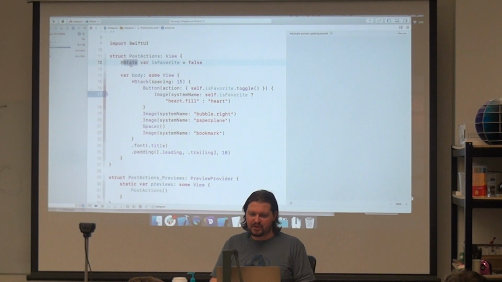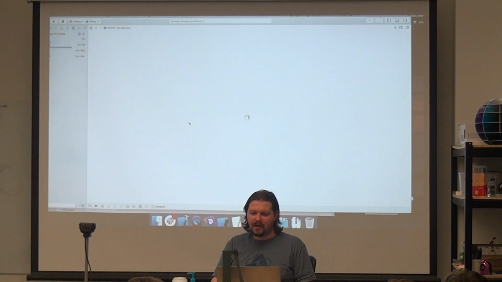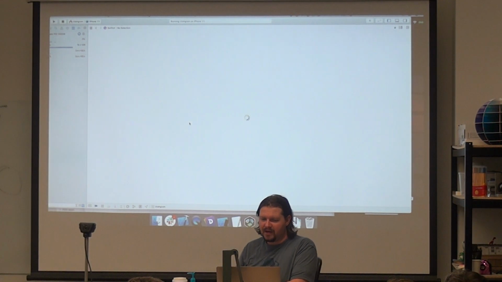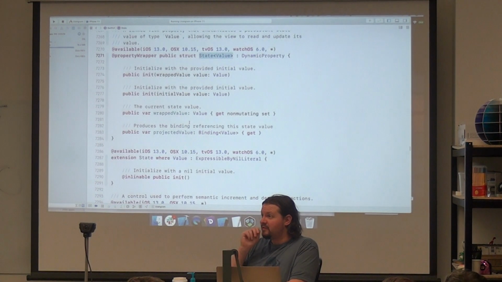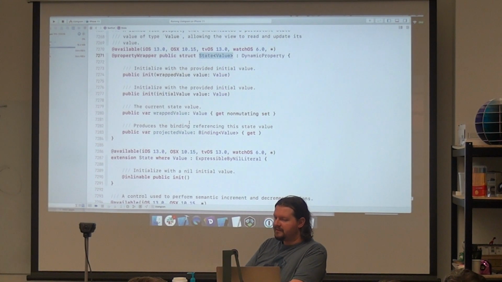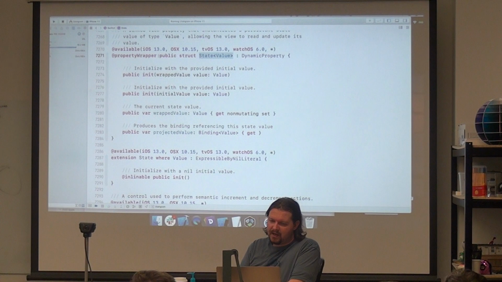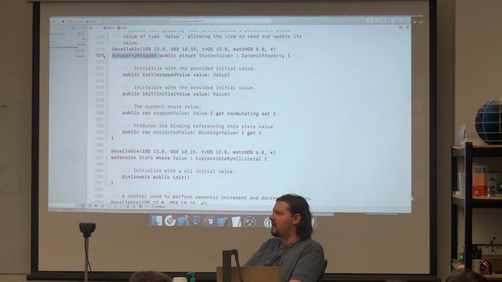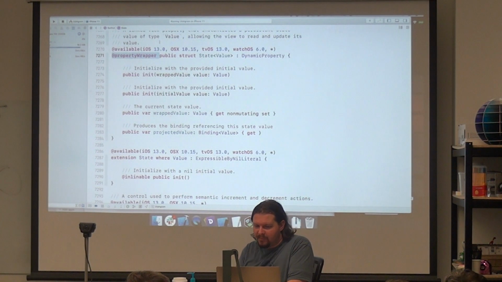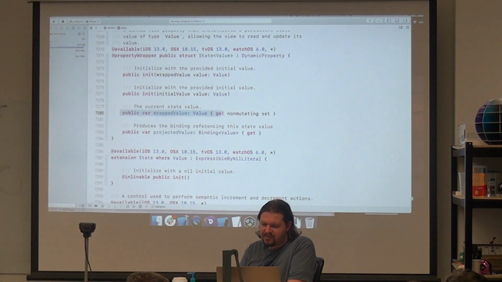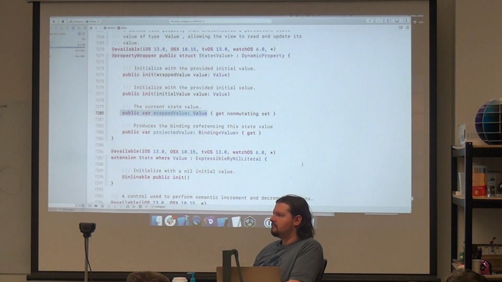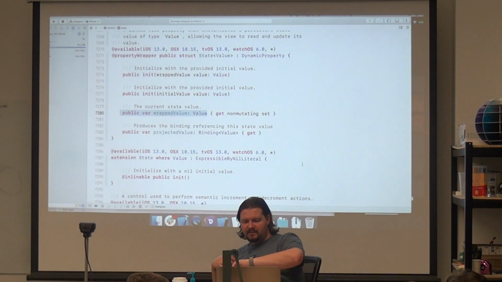So I can jump to the definition of State here, and I'm going to be taken to this funky little thing. It's a struct called State that's generic to a type, and it's got this special annotation called @propertyWrapper. And a property wrapper is a type that has a wrapped value. Okay? Now, when we create a state